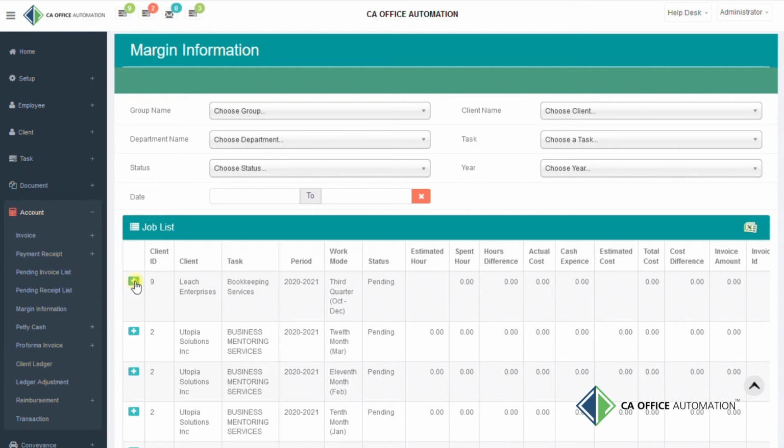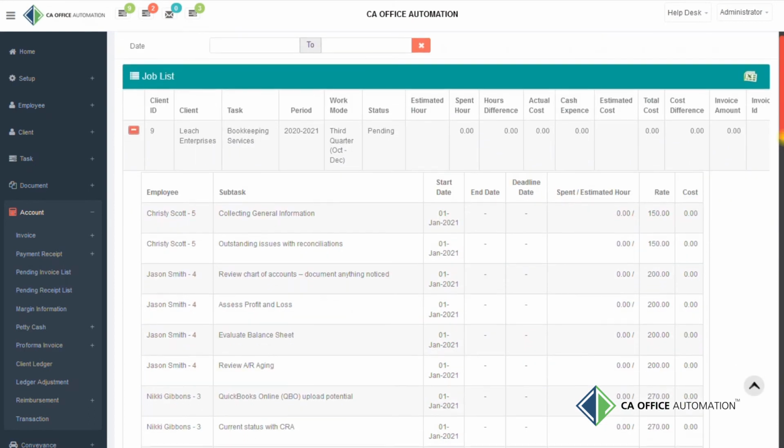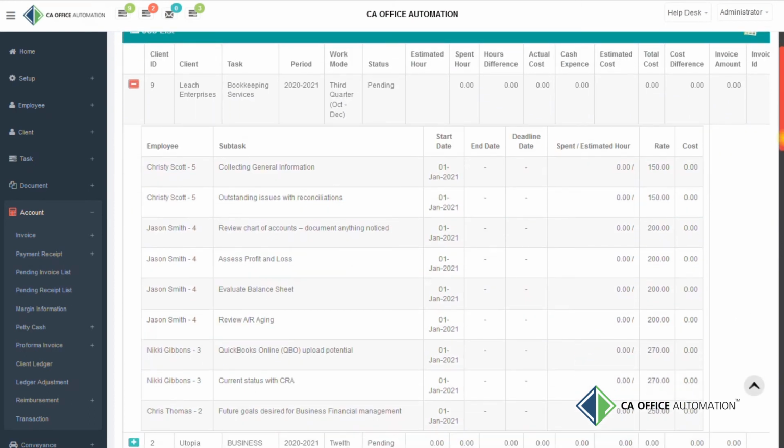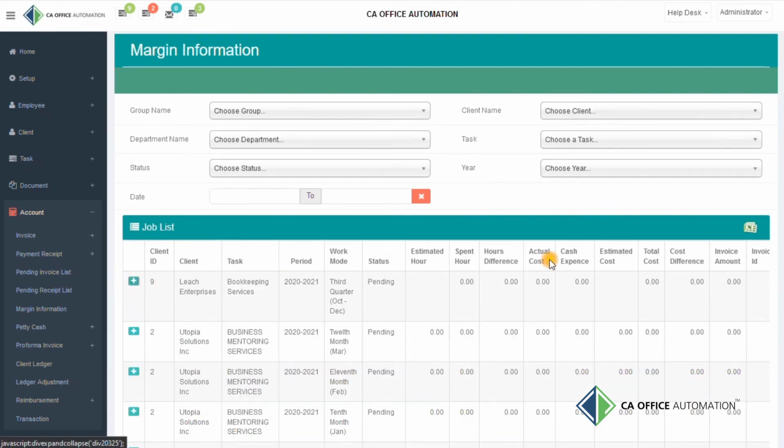We can also see the invoice raised with its corresponding ID. This can also be used to see profitability for each task. Using appropriate filters, you can see the desired data, and it can also be exported in Excel.